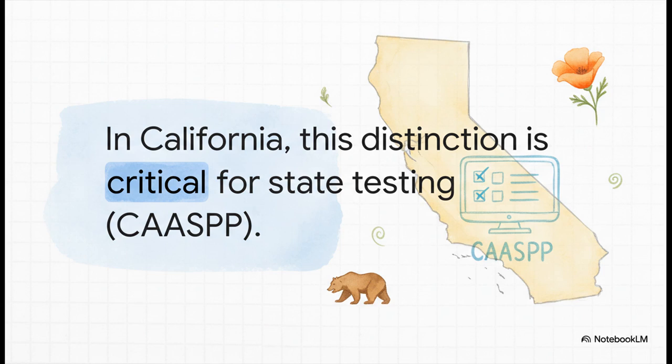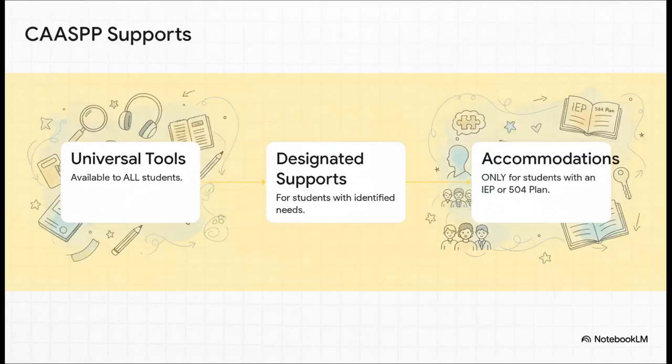The state has very, very clear rules about this stuff. See, the state has this tiered system. There are universal tools that literally any student can use. Then you've got designated supports for students with specific needs. And then, at that top tier, you have accommodations, which are only for students with a formal IEP or a